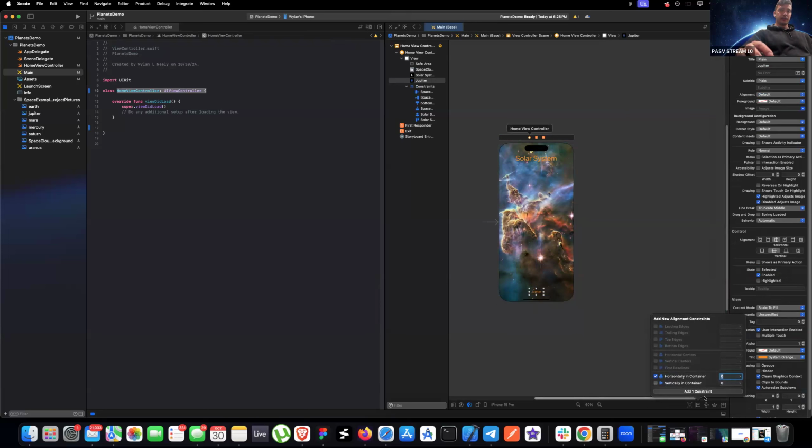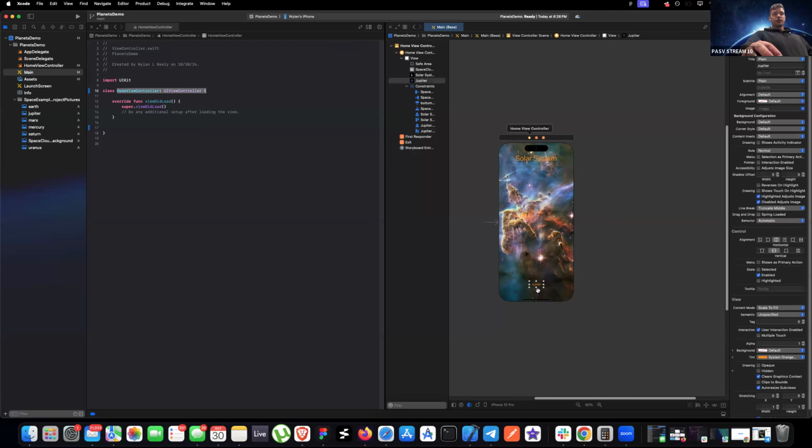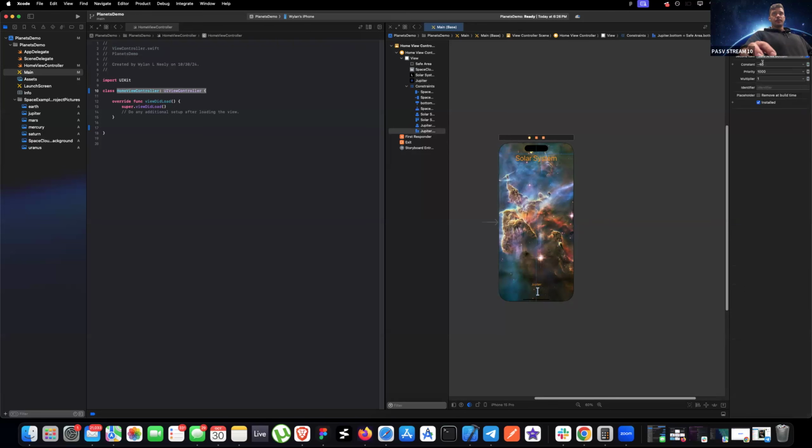Align horizontally in container again. This time we'll put it at the very bottom. Maybe we'll add 40 points. Go negative 40 points. Boom. So on this constraint, it says very bottom, Jupiter bottom, negative 40, so up from the bottom. And what we're going to do with that button,